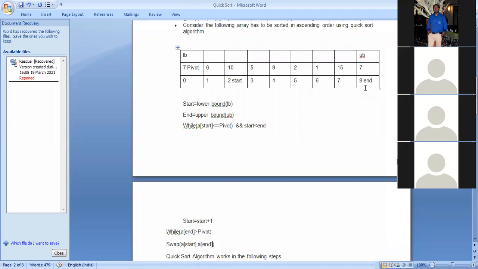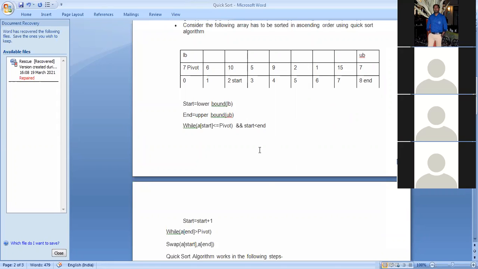Now, another condition we'll check here: start is less than end, because the start value is now 2. So 2 is less than 8. Yes, the condition is true. So when the condition is true, then simply swap the two elements A[start] and A[end].